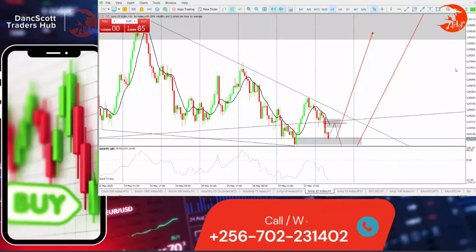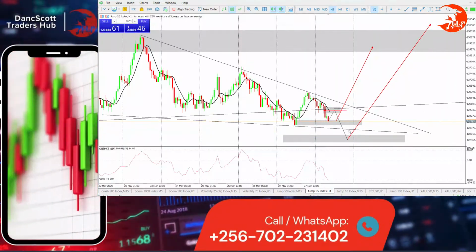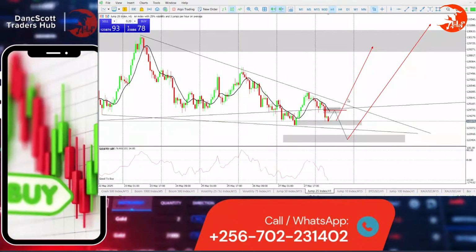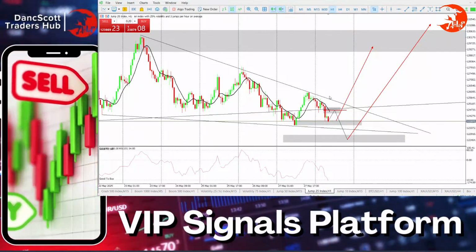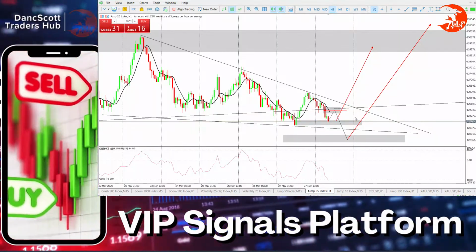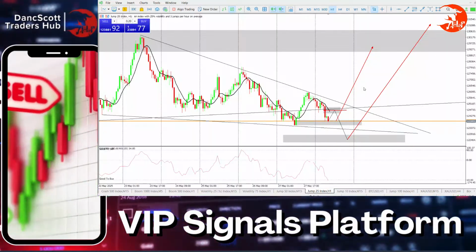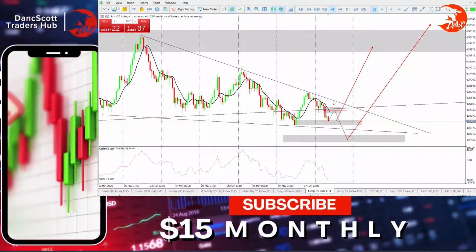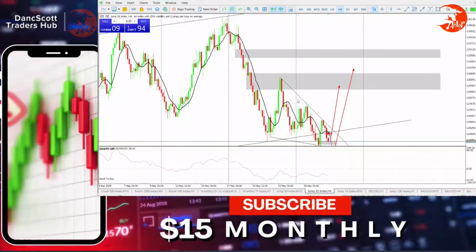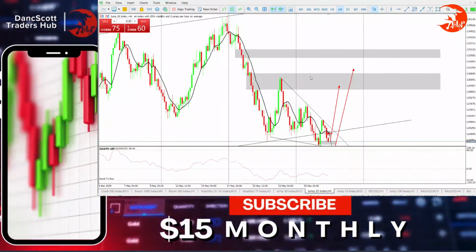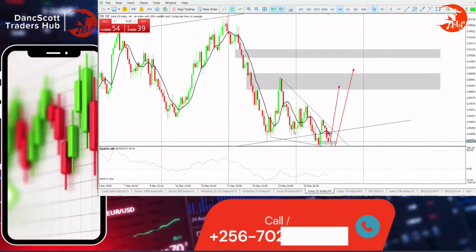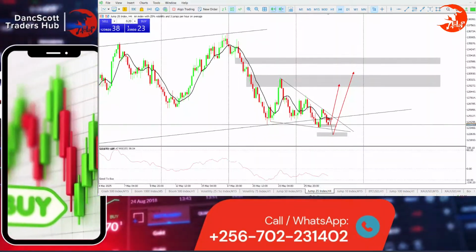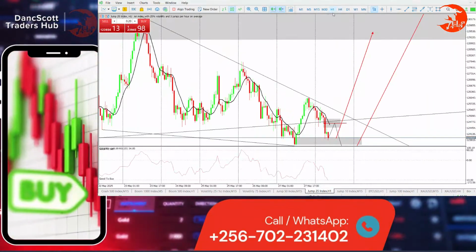So we have two options: to enter buys from here or here, but also there's an option to enter buys when it breaks out here. So when price breaks out here, know that you are going to get into buys. But as for now, we haven't seen any breakout on this resistance trend line, which is making a falling wedge, or a triangle, or whatever you want to call it, but we are seeing it happening right there. All right, that is jump 25.